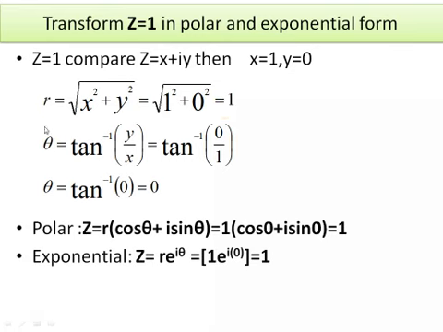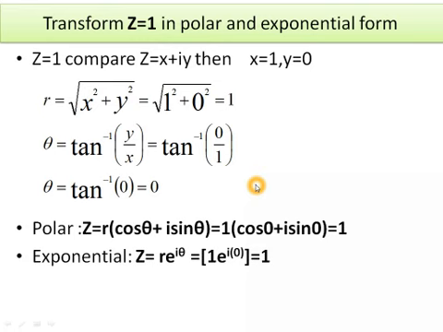For the calculation of theta, that is argument, theta is equal to tan inverse of y upon x. So, for getting the value of argument, let us put values of x and y as 1 and 0 respectively. And we are getting theta is equal to tan inverse of 0. And theta comes out to be 0 in this particular example.